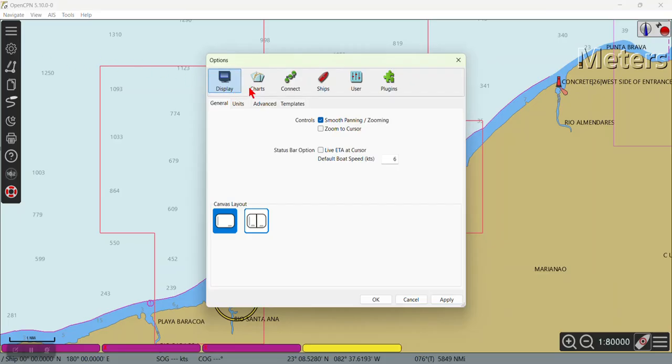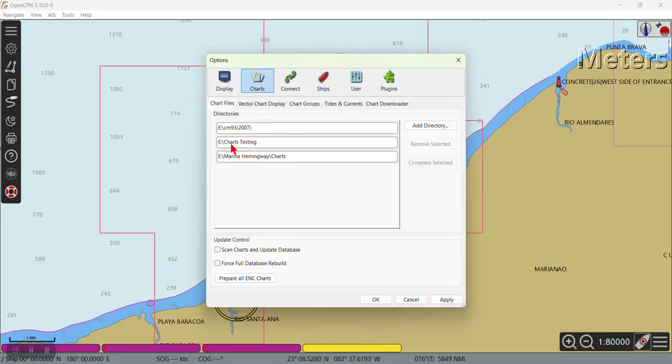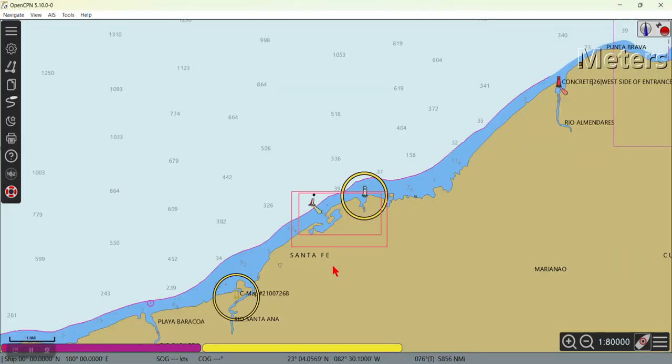Okay, we do a chart, and notice the place where we got our charts is right here. I'm going to just remove this one. This is an old one. So now we've got just this directory and the CM93. So we have to do a force, and there it is. We come up here,